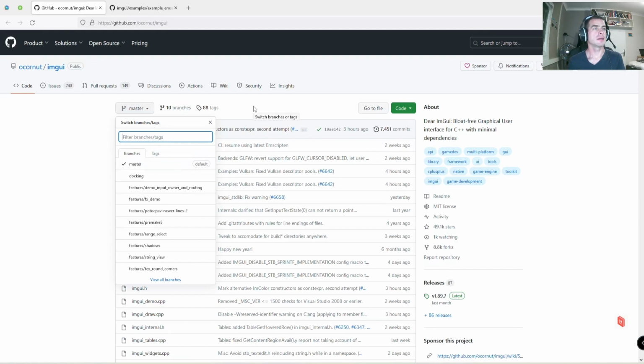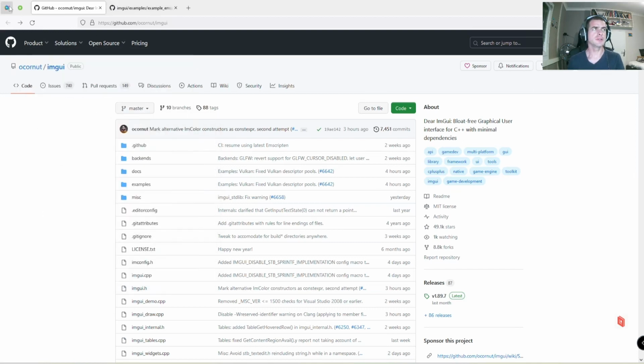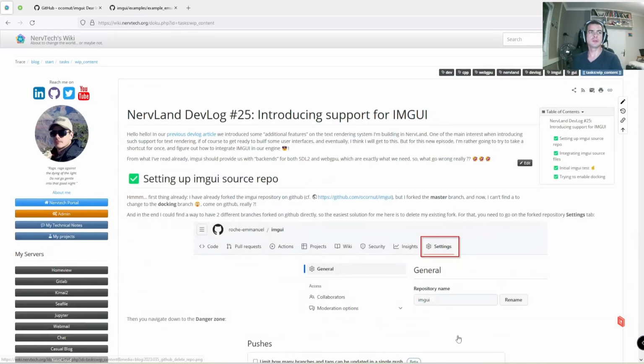So there would be a few different options to work around this problem. The path I took myself was to simply delete the fork that I had for this repository to be able to make a new one. How would you do that? I'm not even connected here on GitHub, so I need to connect first if I want to show you that. Actually, no, I don't even need to connect because this is what I have already provided here